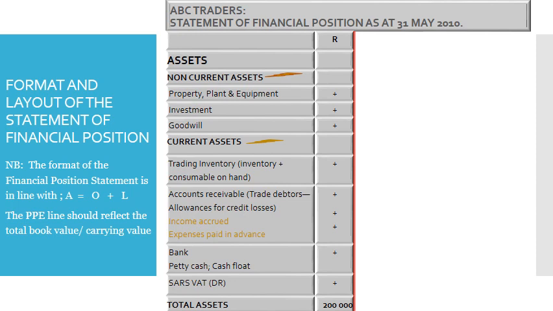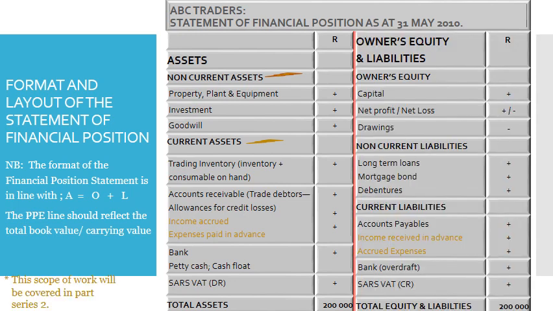Thereafter, list the current assets, which are the trading inventory, accounts receivable or trade debtors, income accrued, expenses paid in advance, bank if it's a favorable balance, petty cash, cash float, SARS VAT if it's a debit balance. Then conclude the assets by adding the subtotal of non-current assets to current assets to arrive at the total assets. And then it will be followed by owner's equity and liability section,